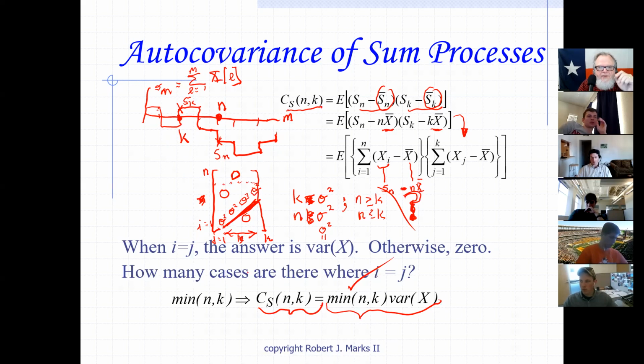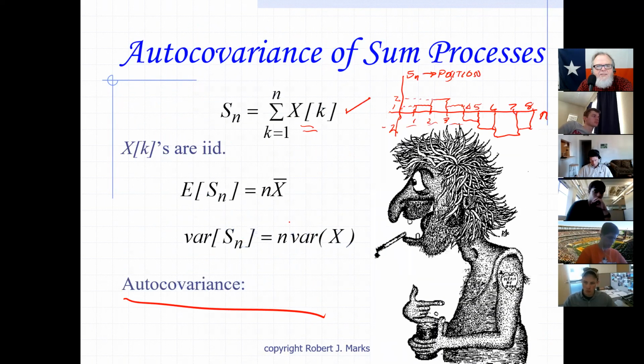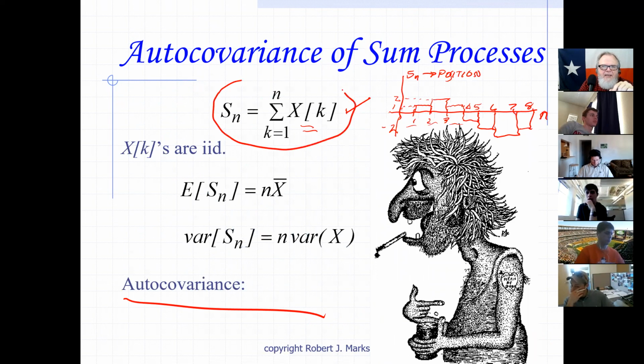So this is very interesting. Let's not get caught in the weeds. Let's remember what this is about. This is about a counting process. This is S sub n equal to a summation of IID random variables. I don't care what this random variable is. It can be Bernoulli, it can be Poisson, it can be anything that you want it to be. And what we've found out is the following. If we have one of these processes, which is called,